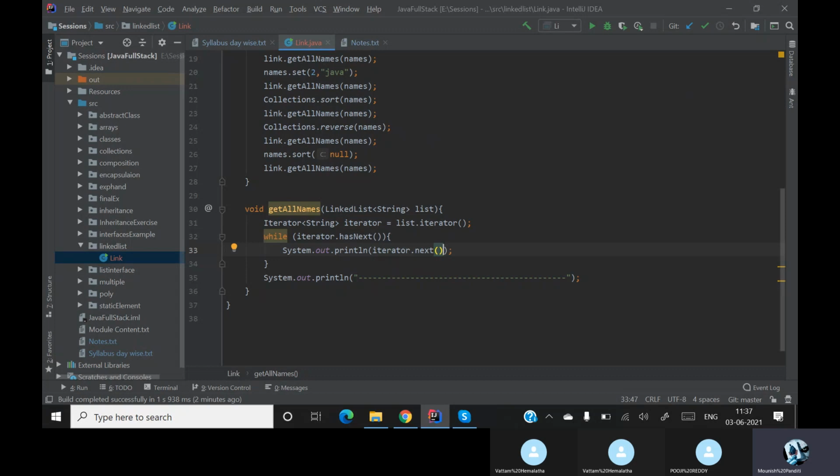The next method will give you the current element in that list. hasNext will return true or false. If it is having the next item, it will return true, or else it will return false. The next method will return the current element. Are we clear?